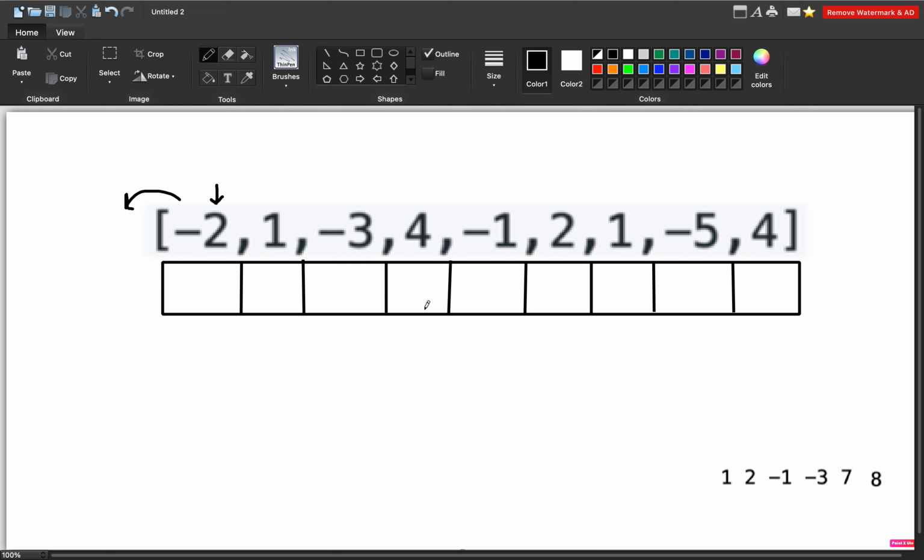If I am at this index, I will check the answer for the previous index plus this element. If the total sum up till here is x and this element is 4, then if x plus 4 is greater than or equal to 0, I will update this value by x plus 4.